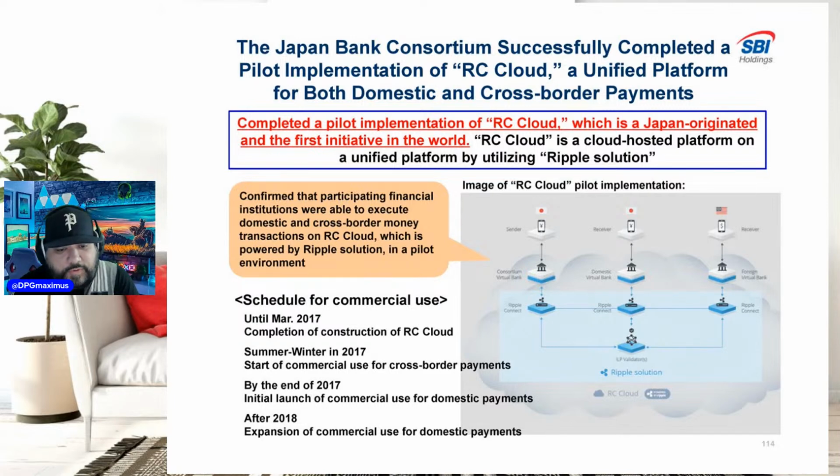You have scheduled for commercial use. Look what it says: until March 2017, completion of construction of RC Cloud. Summer, a lot of these have been already completed, but it gives you an outline of how that all was originally broken down. It's significant because, in my opinion, we should recognize some of these things, because let's face it, there is some FUD, and there are some guys saying, a while back, no,